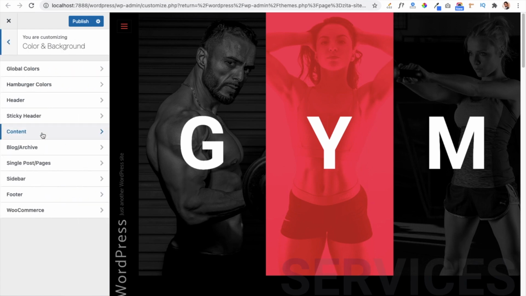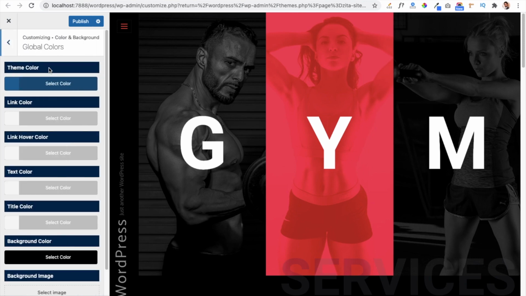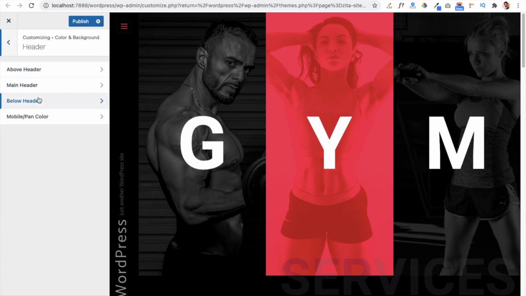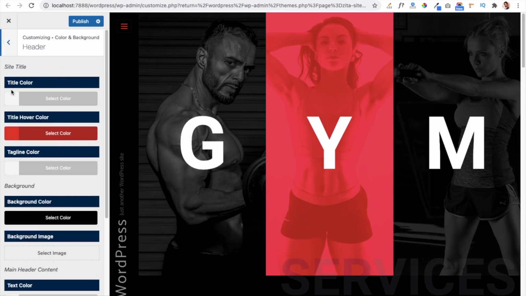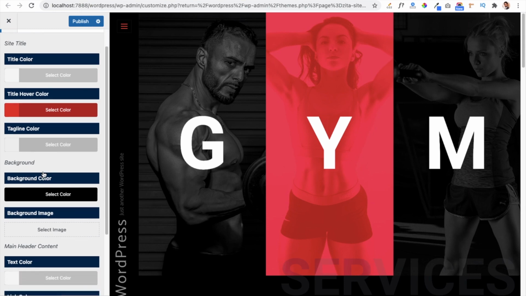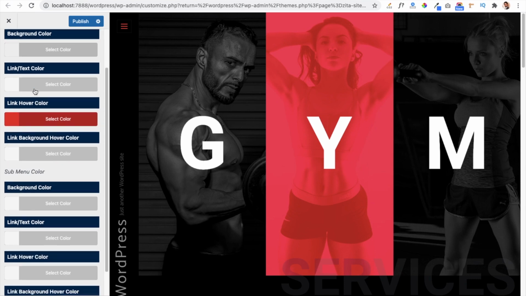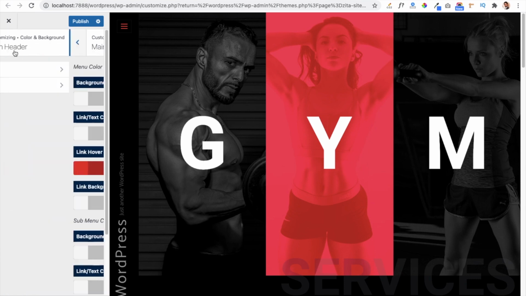Now some color and background options are available. From here you can manage the color and styling of the whole website. If you want, you can make all the settings in the global color options, such as theme color, link hover color, text color, title color, etc. If you don't want that, and you want to set color separately for each area, then you can go to header area to manage the header color, such as when you navigate to main header and go to header section, you will get option to manage site title, title hover color, tagline color, background color, etc. Similarly, you can manage color options of your main menu, and some menu color options are also available.